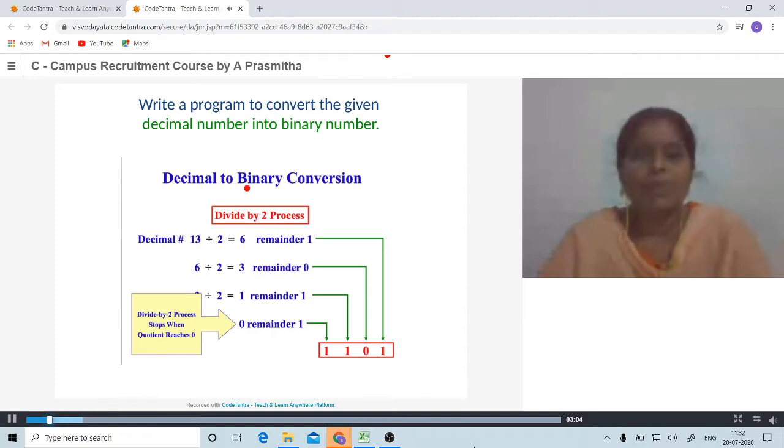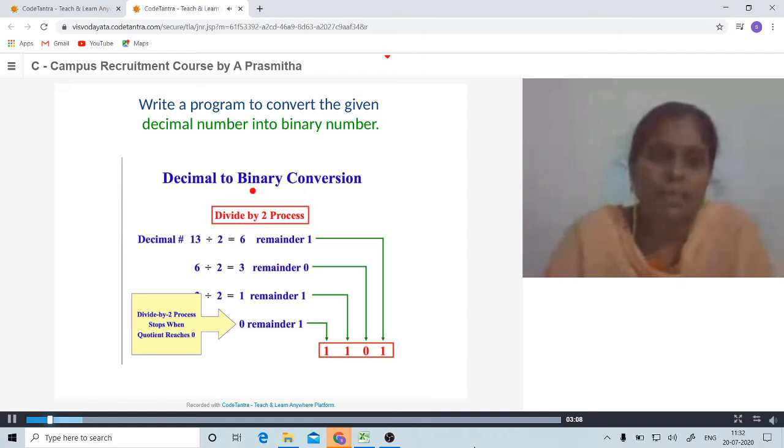I took one small example to convert the given decimal number into the binary number system. The input number is 13 and it is divided by 2. The quotient is 6 and the remainder is 1.